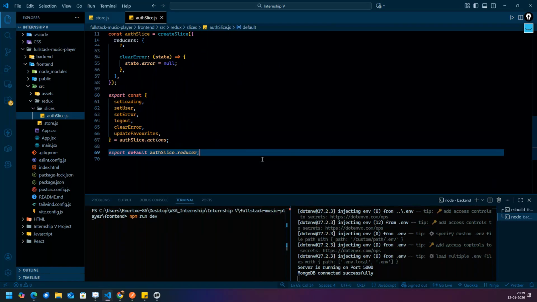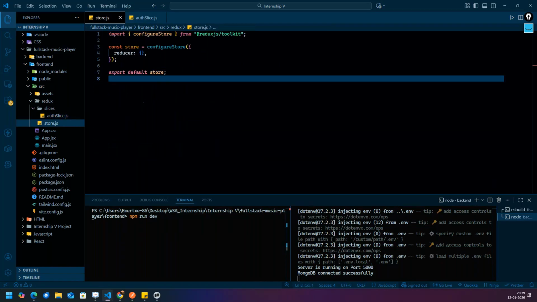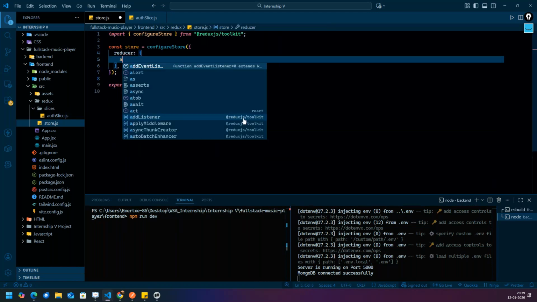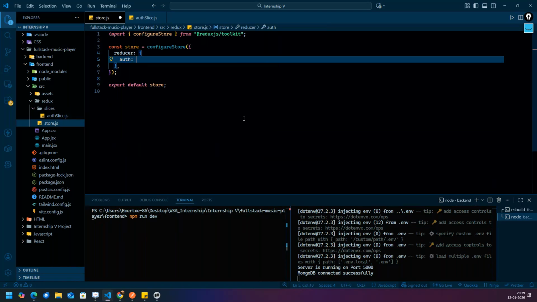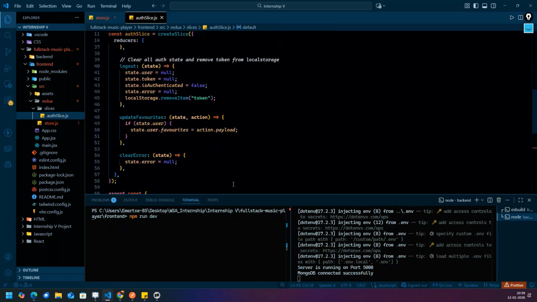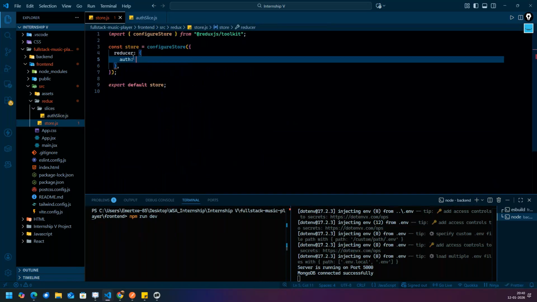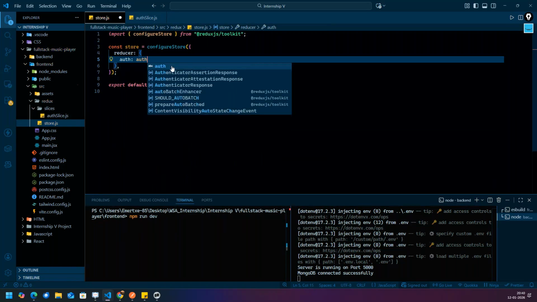This is for the store. In the store, guys, if you remember, you have written reducers. So here that reducer will come. Whatever name you have written over here, you have to specify that name, and then write authReducer.